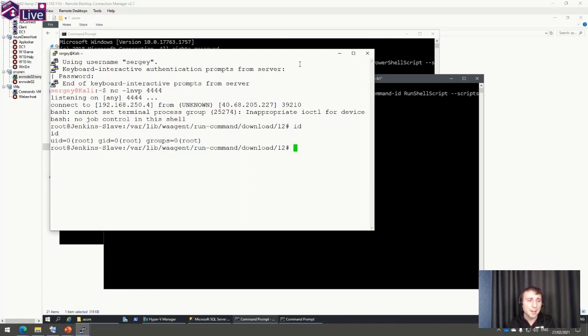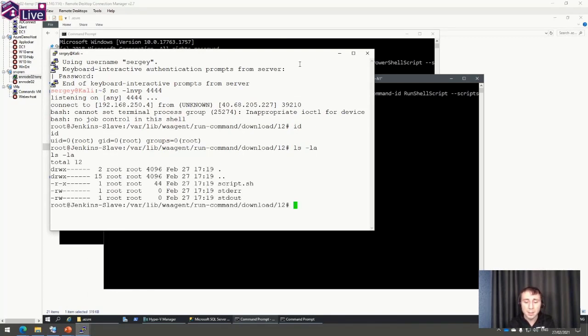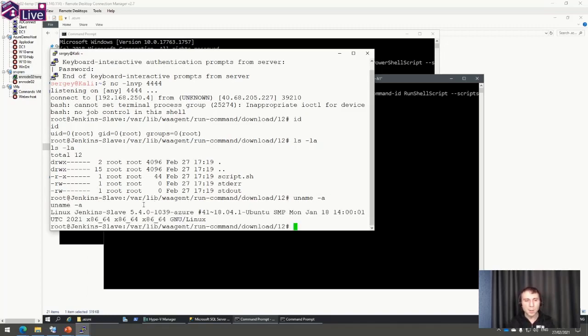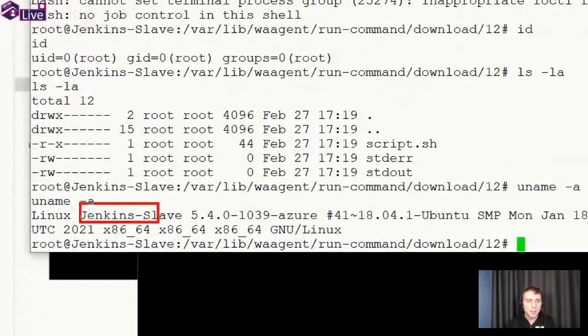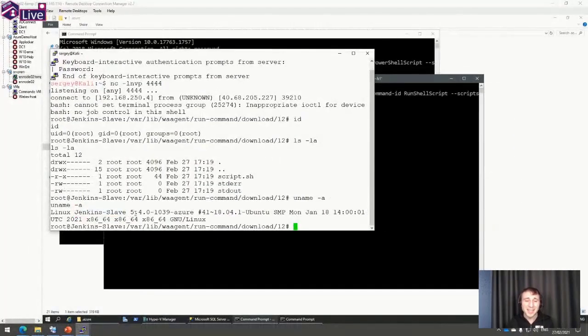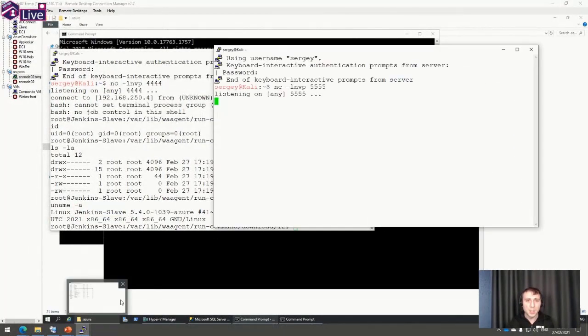If I type id, I'm root. And I'm here on Linux, and uname -a. And that's a slave node of, here we go, Jenkins slave node. That's a slave node. Maybe it's not that interesting like the master node. So let me,